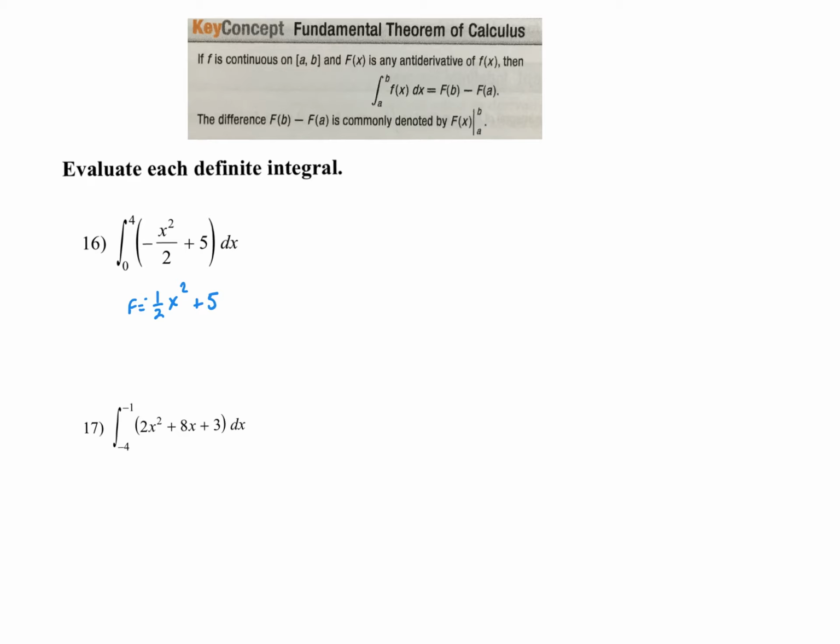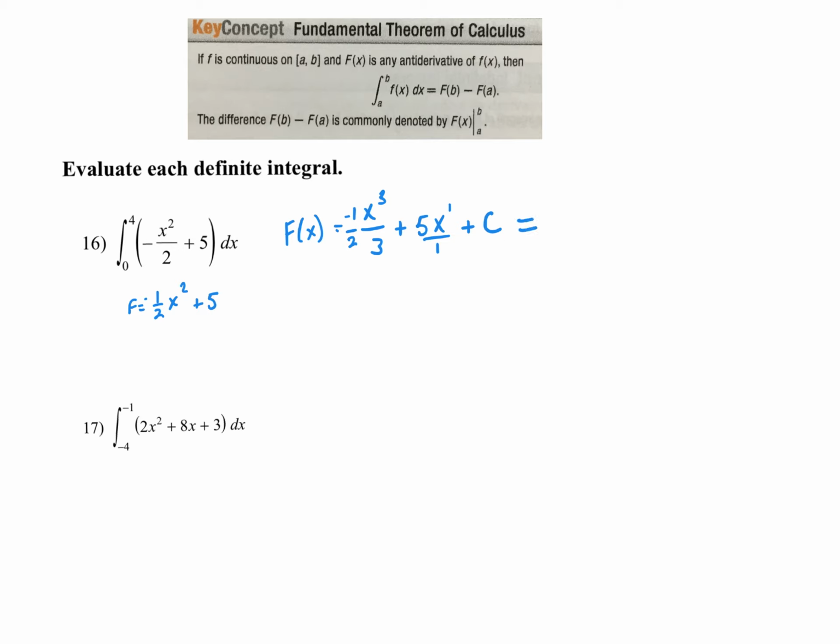So let's go ahead and figure out what big F of x is. So it's going to be x cubed over 3 times the -1/2, and then plus 5, and then x raised to 1 more over 1, plus some constant,